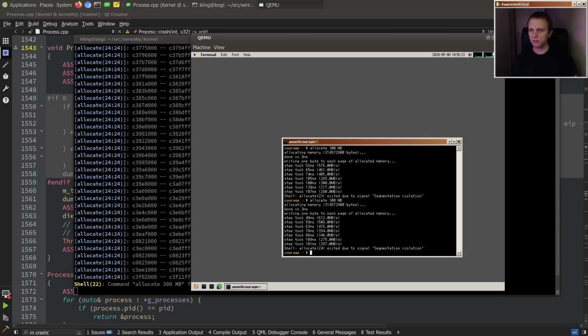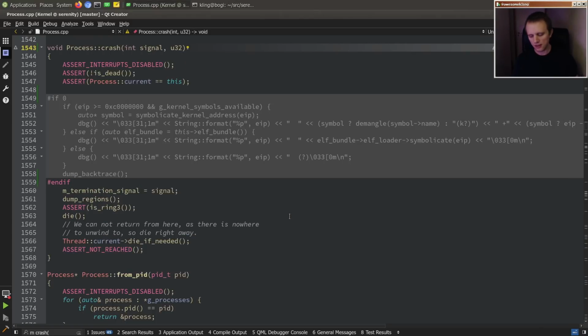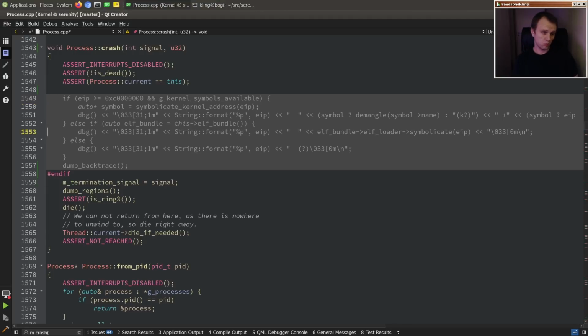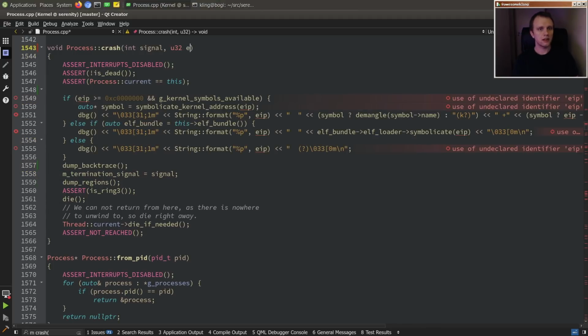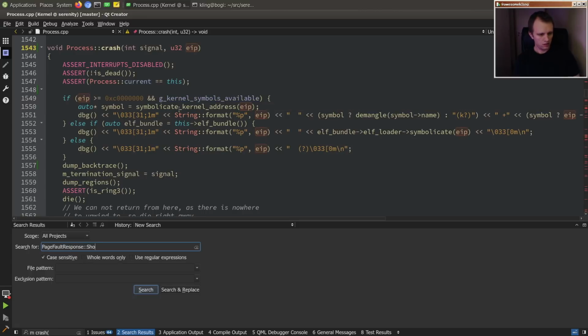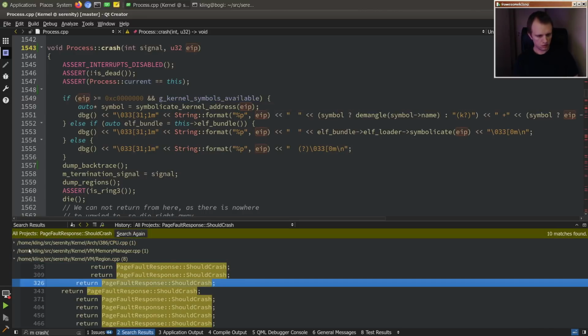Now you can see it spike up a little farther. But basically, we're able to survive the situation now if we just avoid symbolicating. So what we want to do is we want to communicate from the page allocation failure in the virtual memory manager to the crash handler that we are running under special OOM, like out of memory crash conditions. So how do we do that? Let's go and look at how we do should crash. That was the one that we were sending